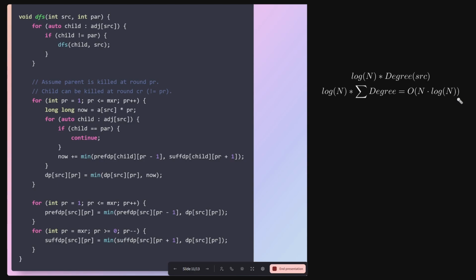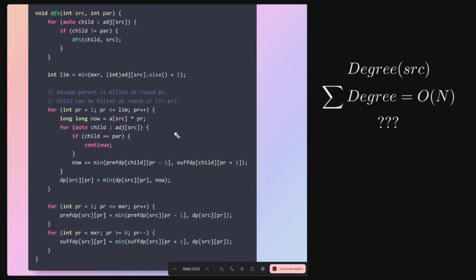Finally, how do we improve it to O of n? The time complexity is O of n log n as we discussed, but notice that we are iterating PR from 1 to max R, and this is log n. But if you have a node U that is connected to d different children, then it will be killed in round 1 or round 2 or at most round d plus 1. It does not need to wait for round log n. So that is why you can replace this with degree of that vertex,